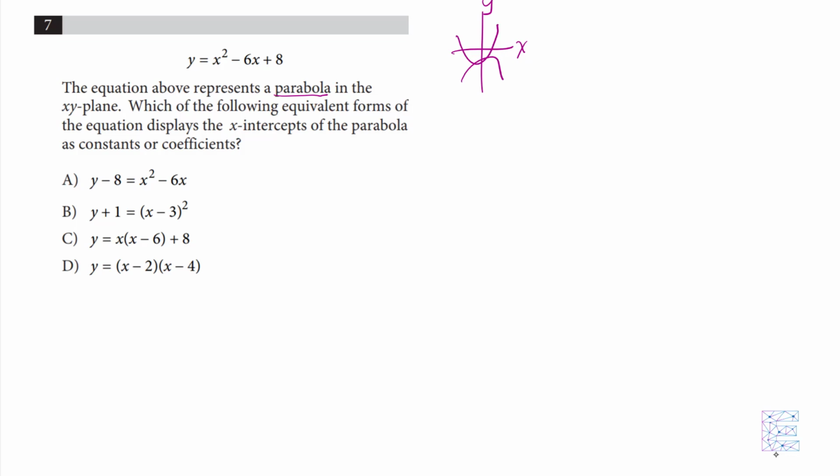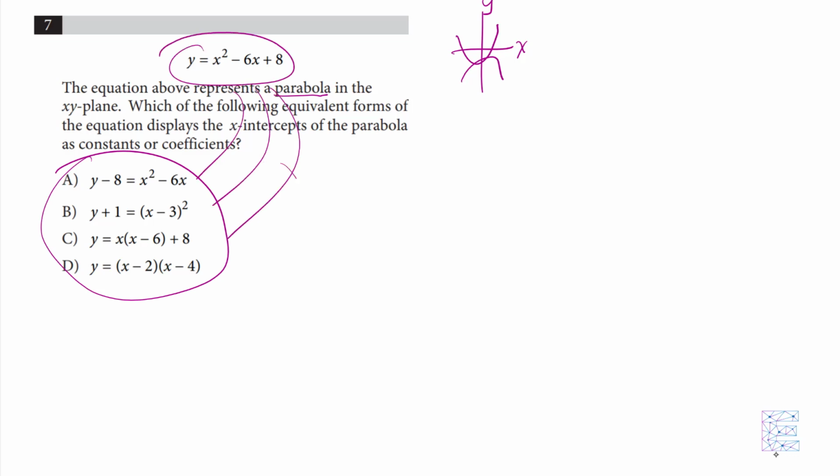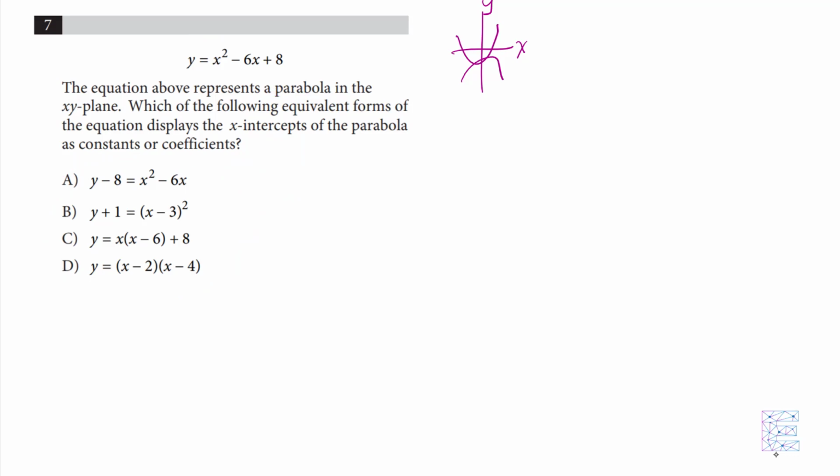Now, the question here is asking which of these equivalent forms. So that means we can take this equation and rewrite it in any of these ways. But we want to make sure that the way that we select displays the x-intercepts of the parabola as constants or coefficients. So the first thing that comes to mind here is when you're looking for x-intercepts, we have to